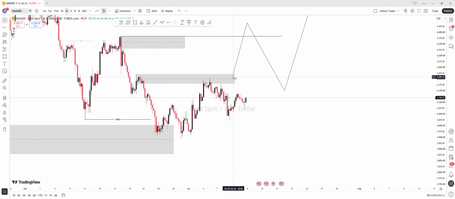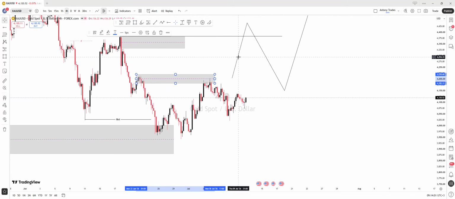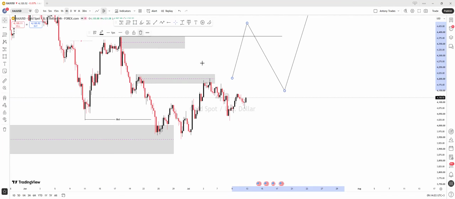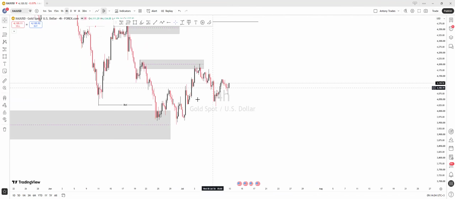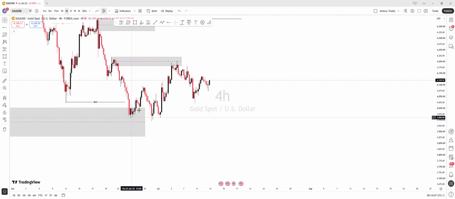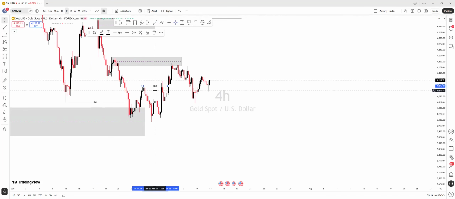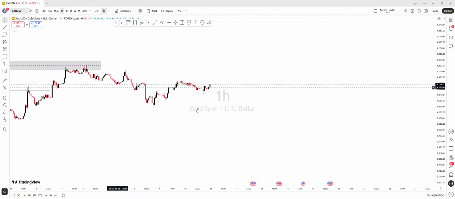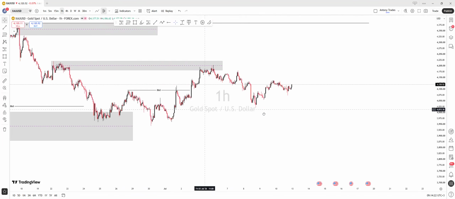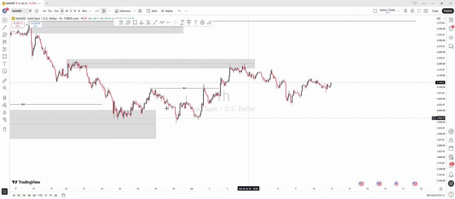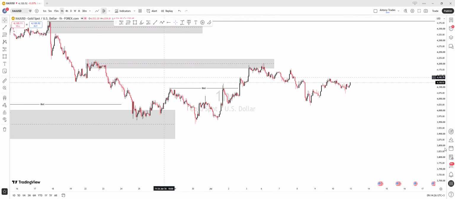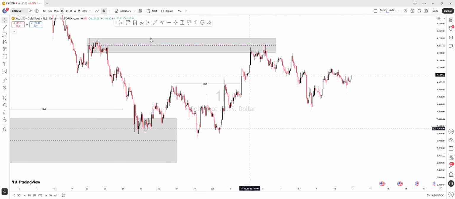Since this is where gold is reacting currently, from the 4 hour time frame we also need to pay attention to the internal structure. If I look closely at the internal structure, I have this internal change of character around this area, or an internal break of structure around that area. If I go to, let me go to 1 hour first of all. You need to see that. Even from the 1 hour time frame,